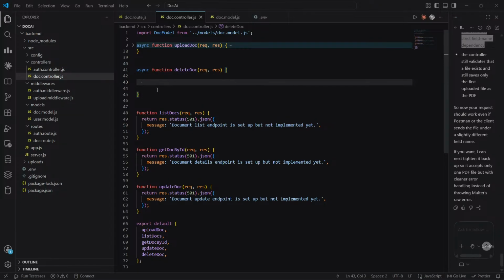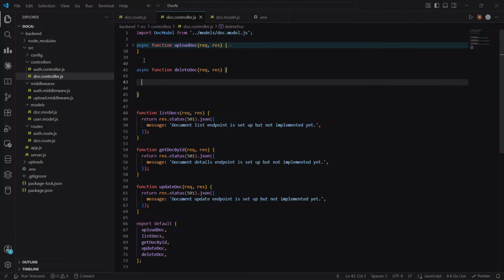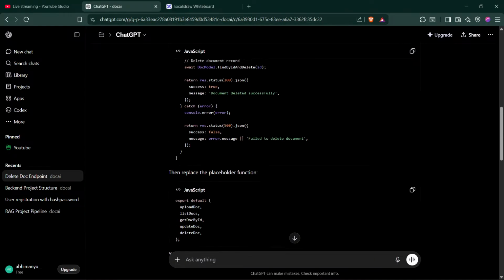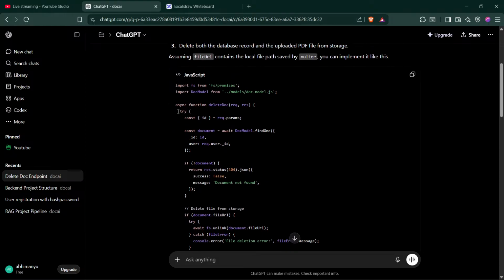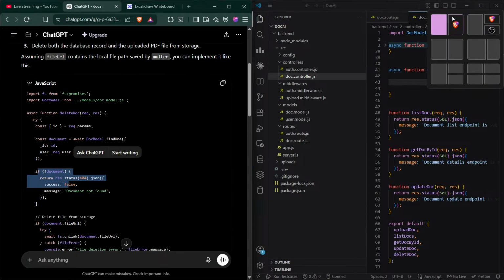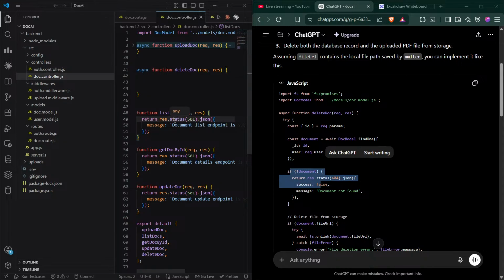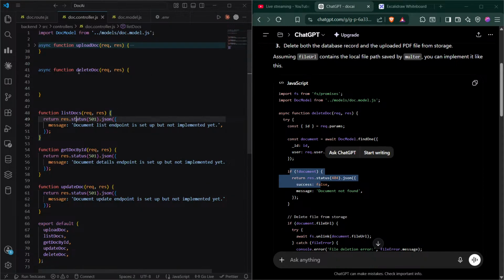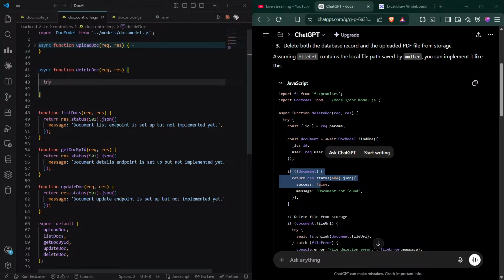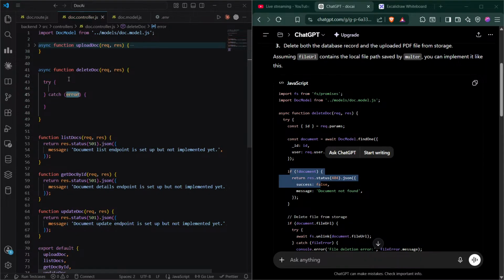To delete this, we have to find the doc first from the data, to see if it's present or already deleted. So here async, try, id from params, find one from id and user id. Control B and a try catch block.